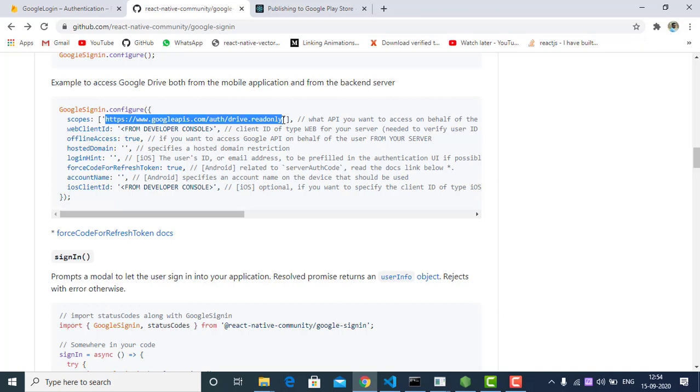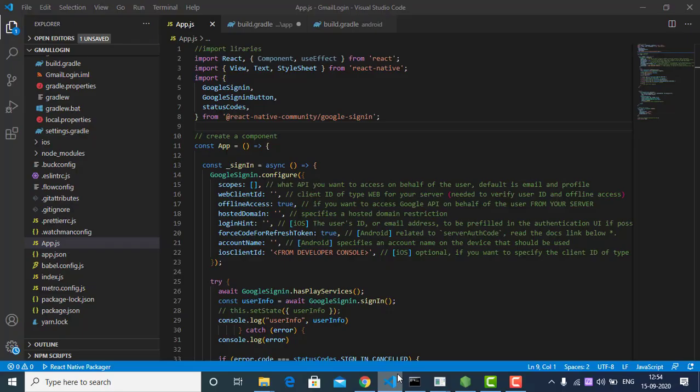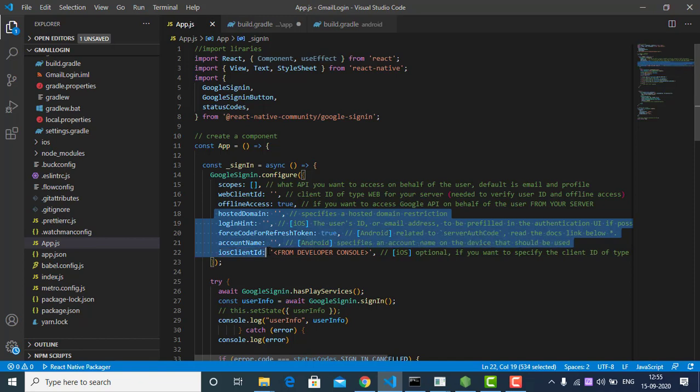If you don't need any permission, we're just going to do a simple Google sign in, so we don't need anything. So I deleted everything, so I give it an empty array. Then we're gonna need a web client ID and offlineAccess, and we don't need anything else: hostedDomain, loginHint, accountName. For iOS you will need an iOS client ID, but we don't need it, so we are gonna comment it out.